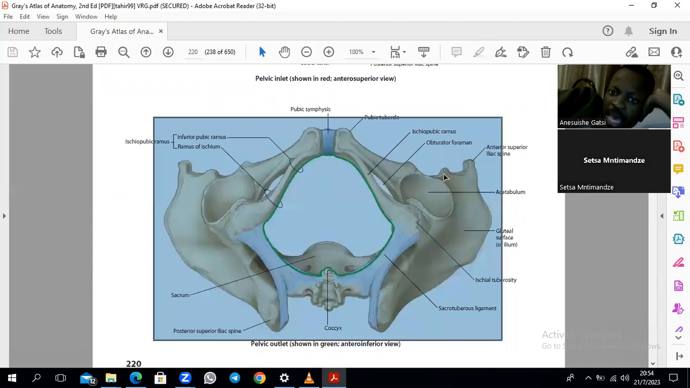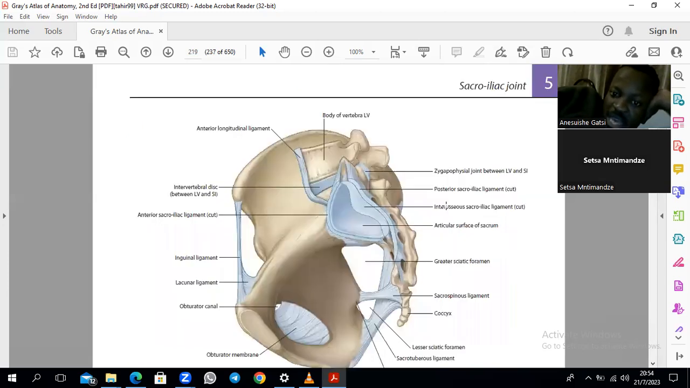That's where the pubis, the ischium, and the ilium meet. Ilium makes the superior 2/5 of this acetabulum. Ischium makes the posterior inferior 2/5. Then the pubis makes the anterior inferior 1/5. Right. Then I had said